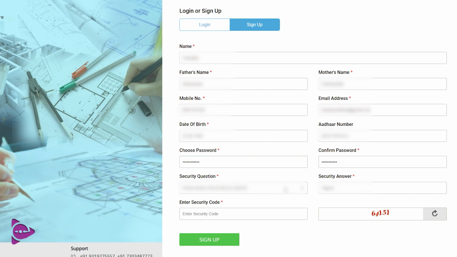You have a security question feature. This feature is for when you forget your password, or if you find anything wrong with the password which is not working while you are logging in. You can change the password using this security question and answer. If you give the answer correctly, you will be able to change the password. If you give the answer wrong, you will not be able to log into your account. So make sure you copy this security answer as well, with the password, in the manual method or in the notepad on your computer. Finally, you have to finish this process with the security code which is displayed on the right. This is for human verification. So click on sign up.